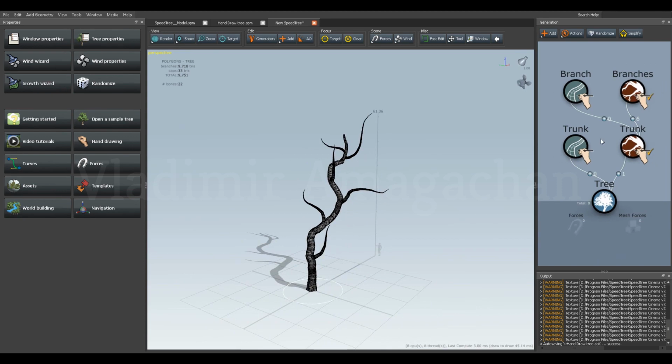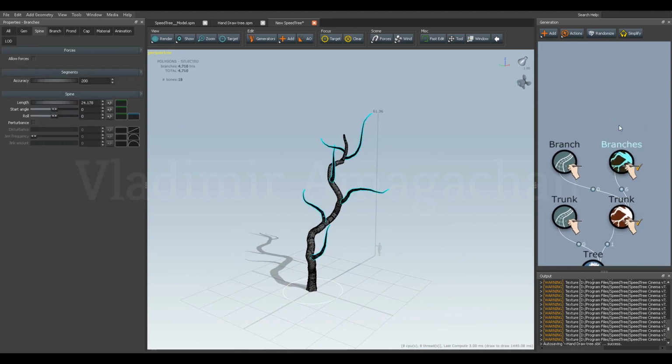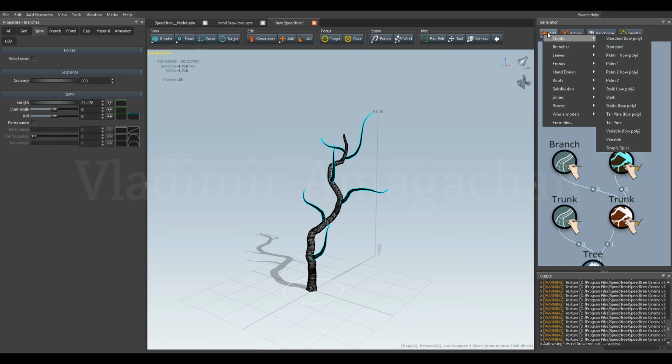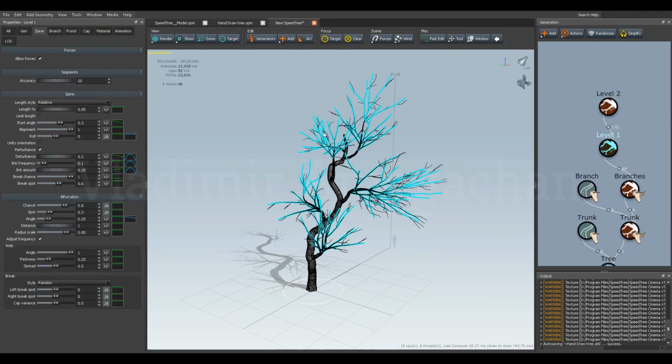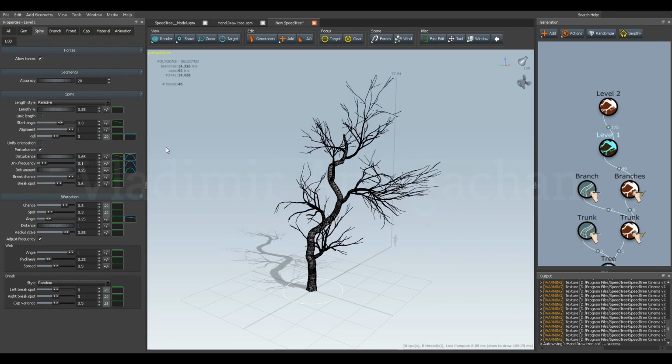After we create these branches, select these branches, and again I will go to the add button. From the branch I'll select standard, and this will create these two levels for us, as you can see. So I'll select firstly the level 1 and disturb this a little, and the level 2 and disturb a little. Also I can control the length